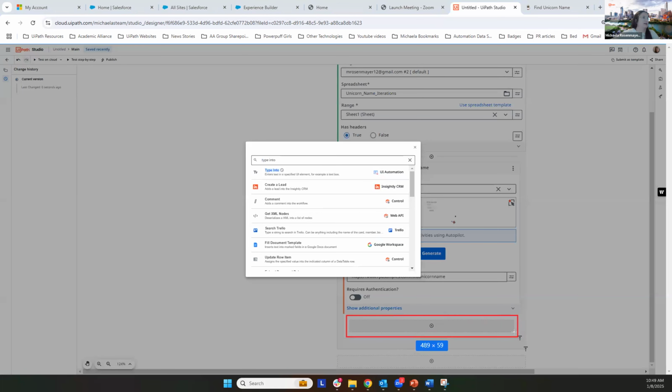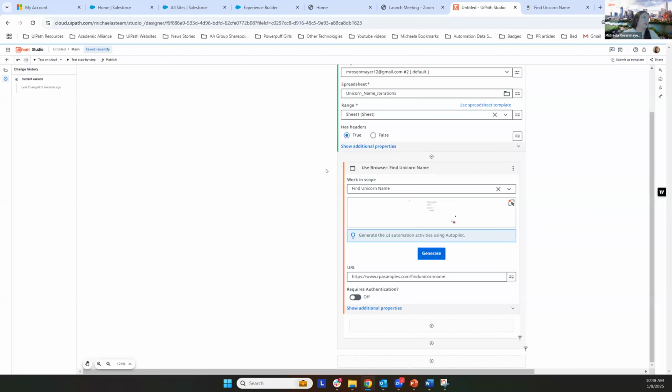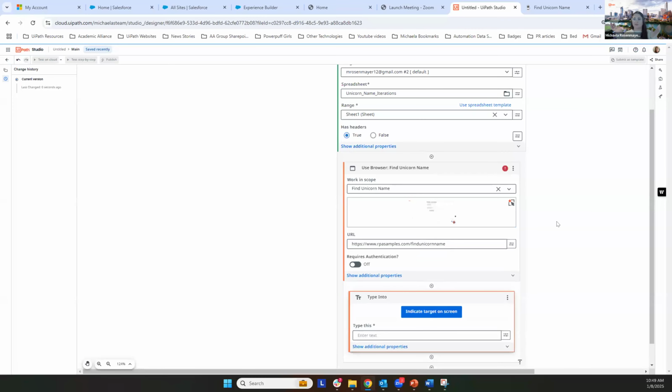Again, I clicked on this Add Activity box right here, I typed Type Into in the search box, and then I'm going to select this activity. Once I select the activity, it will be added into my workflow. And just like it was in Studio or Studio X, whatever you're used to using, for the Type Into activity you always